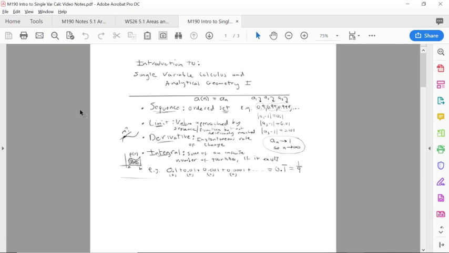So I'd like to remind you of where we started this semester. We introduced single variable calculus and analytical geometry. The introduction included that there are two branches of calculus that we study, the differential branch and the integral branch. And they each can be interpreted geometrically to answer two fundamental geometric questions, of which there are a variety of applications. The first of those questions is, what is the slope of a line to a continuous function